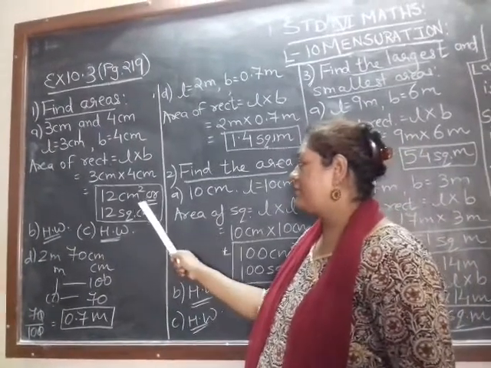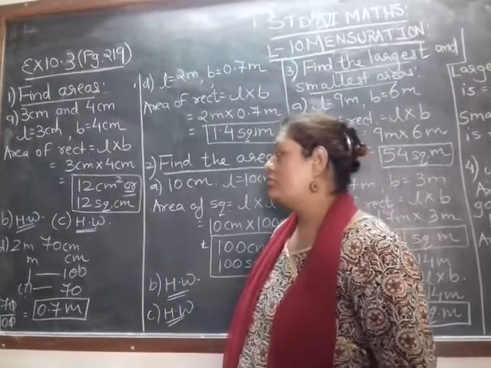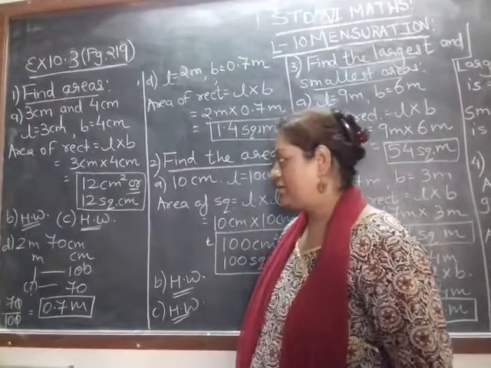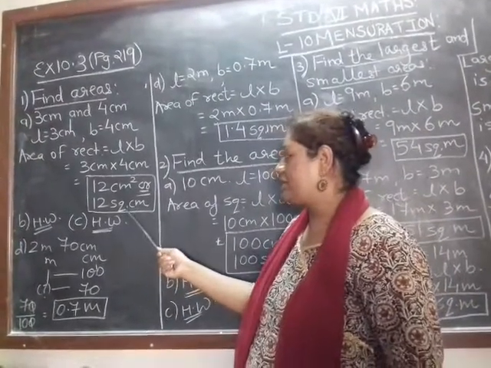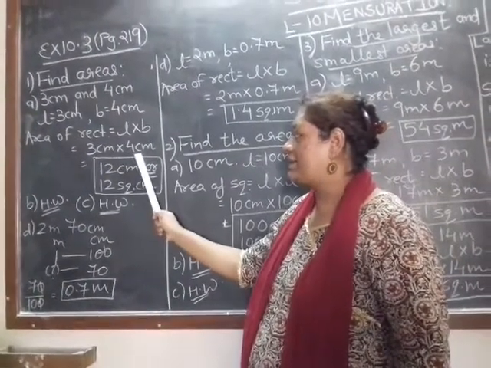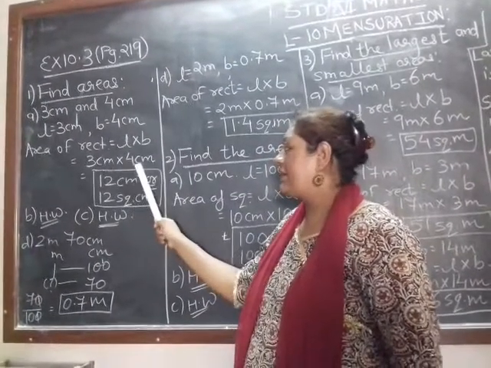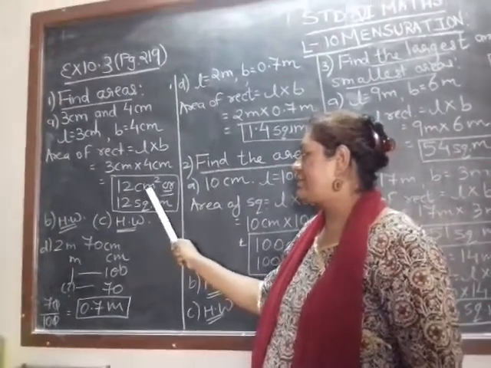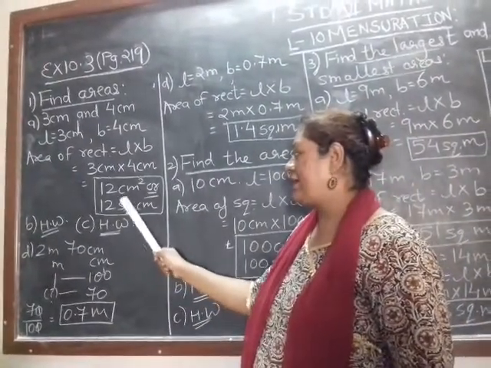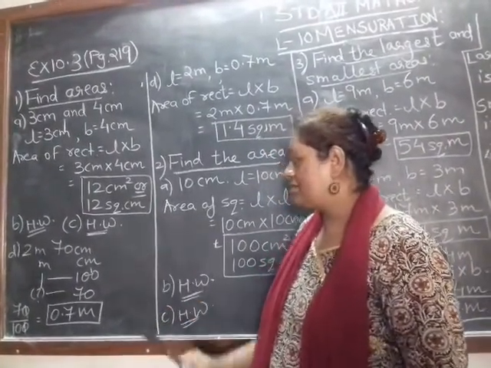In the answer, you can write either one. Either you can write SQ dot cm or cm raised to 2. Only one you have to write. Both are correct. Right? So the only thing I need to explain here is about units: not only the numbers but centimeter and centimeter, which are the units, are also multiplied together. So it is multiplied 2 times. That's why we write centimeter raised to 2 or square centimeter. In area you only have to take care of this SQ before the unit. Okay, B and C are your homework.